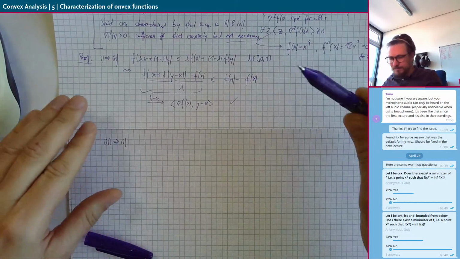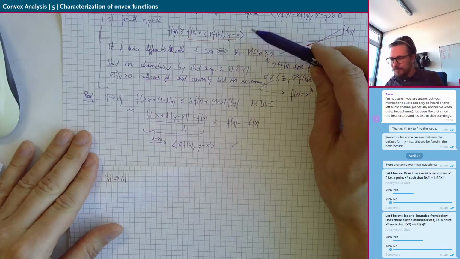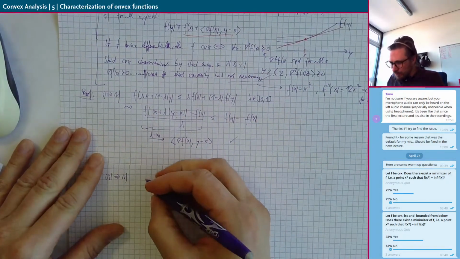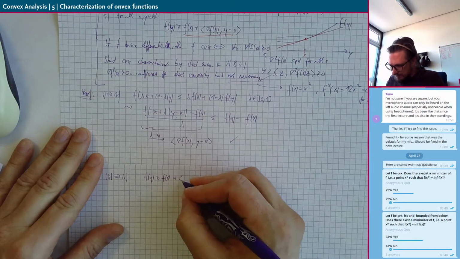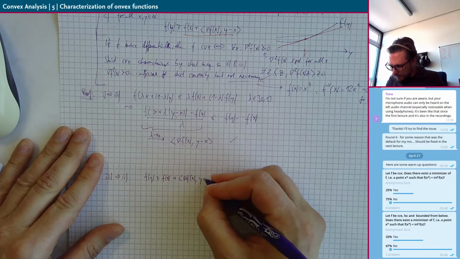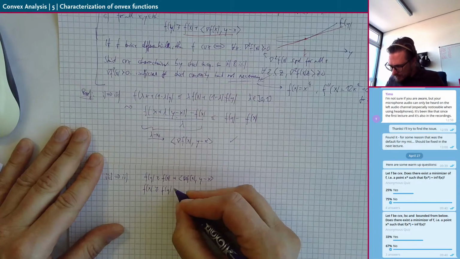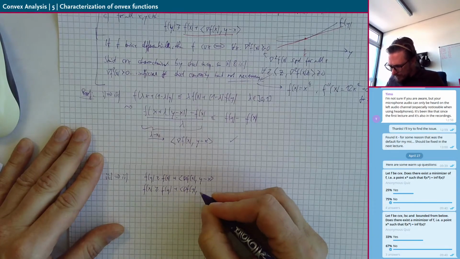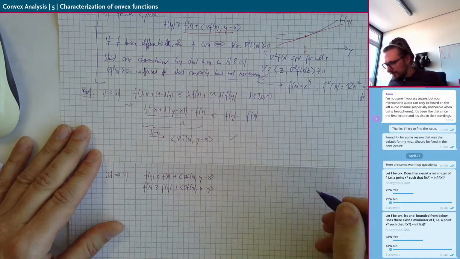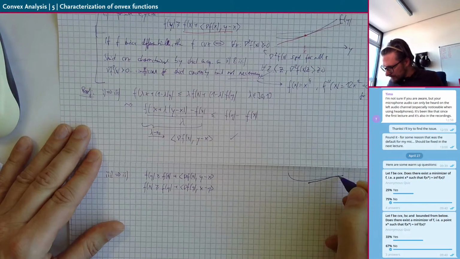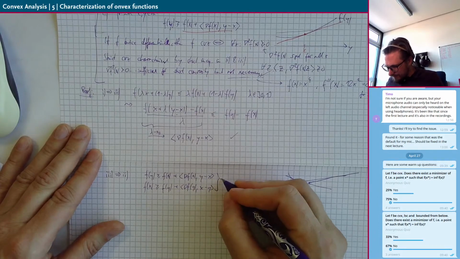We take this inequality, that one here, and write it 2 times with the roles of x and y swapped. So we have f of y is larger equal f of x plus gradient of f at x times y minus x, and f of x is also larger than f of y plus gradient of f at y times x minus y. So we linearize 2 times, once here and once there, and then if we just add them, we get